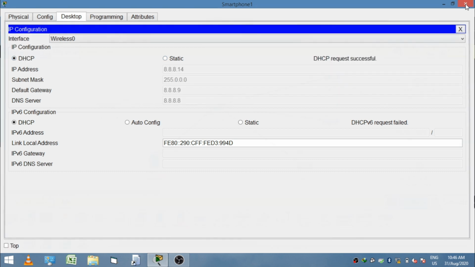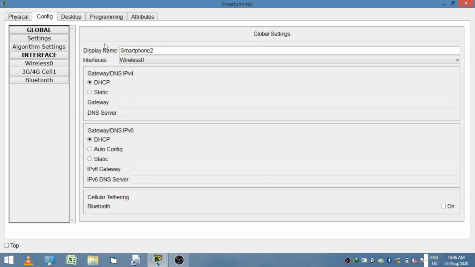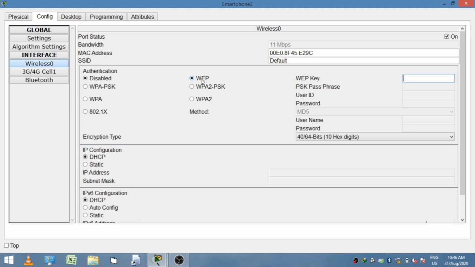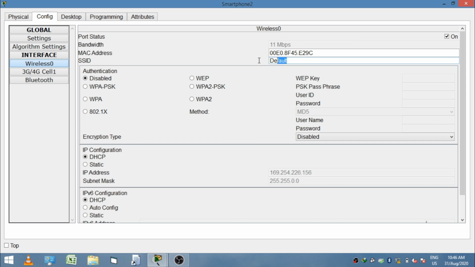Then go to the next smartphone and give the SSID AP2 and the WEP password, go to the desktop tab and click on the DHCP radio button, and you can see the result, the IP is automatically assigned from the WLC controller.